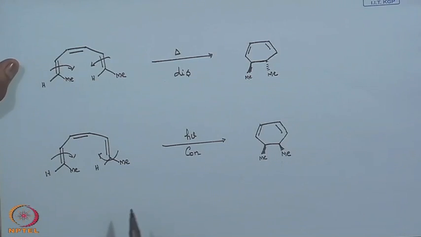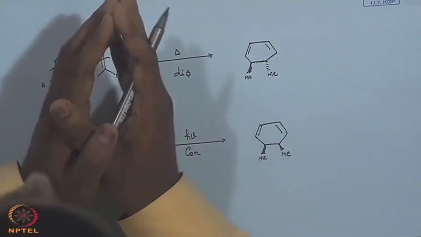So, this is for 6 electron system. So, you have seen the 4 electron system, that 4 electron system most of the time obeys your 4n system. Then we have seen 6 electron system where it is nothing but a 4n plus 2 system. So, 4n plus 2 system is just the reverse of your 4n, right. Okay. Now, we will take another example where we will go for 8 electron system.